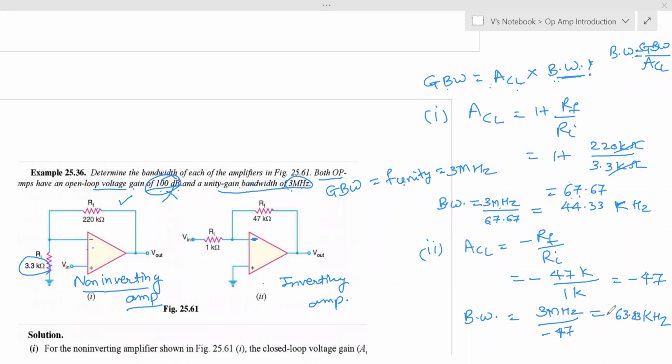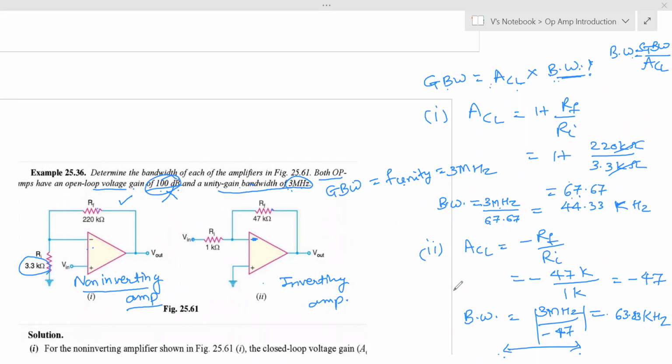Anybody else got different? मैम माइनस आएगा ना? हाँ माइनस आएगा, but bandwidth we generally take, it is difference between two frequencies, so we take mod value. ओके मैम. So it will be 63. Okay, that is right then. Ankita also got same